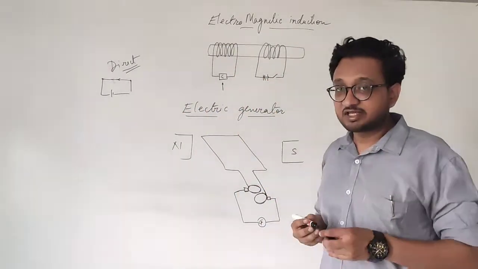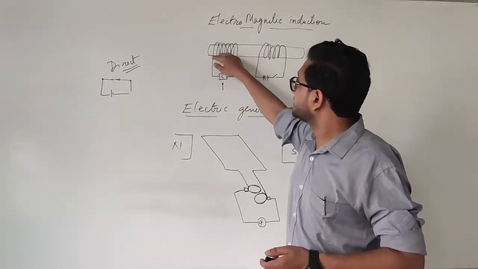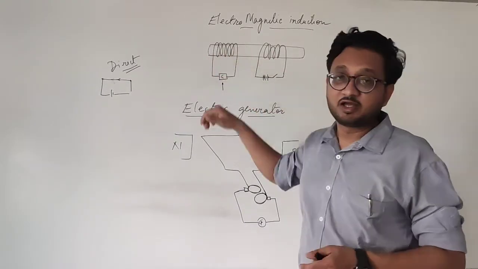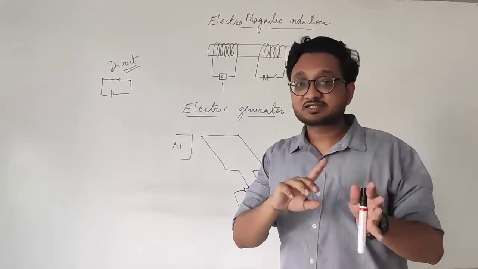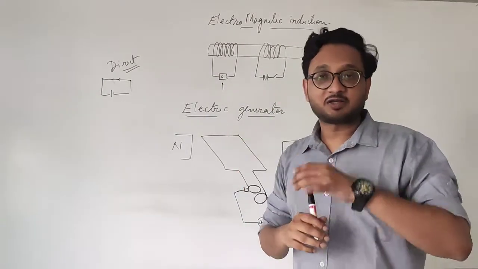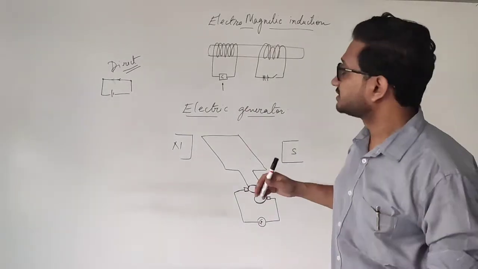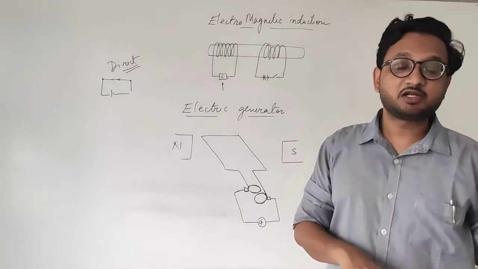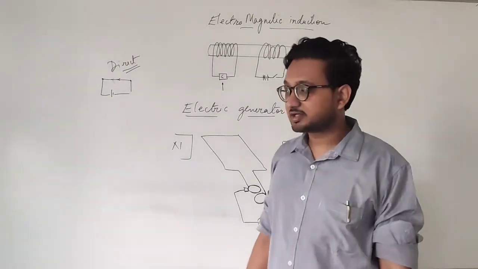However, in this case, if you notice, when it is switched on, the current flows from this side, and when it is switched off, it flows from this side. So in both cases, the current's direction is changing. First it is this side and then it is the other end. So this is what an alternating current means. That is, the current which changes its direction continuously is known as alternating current.